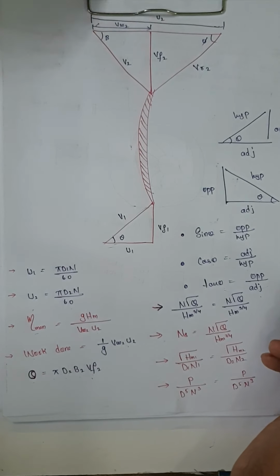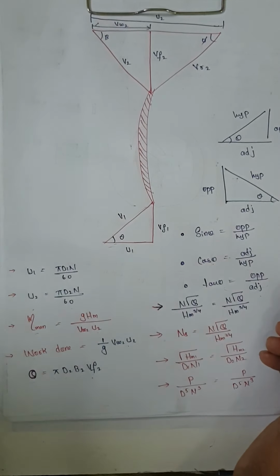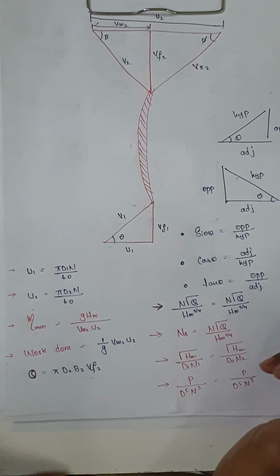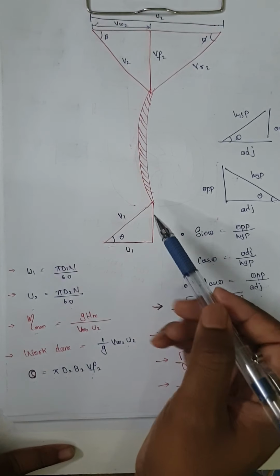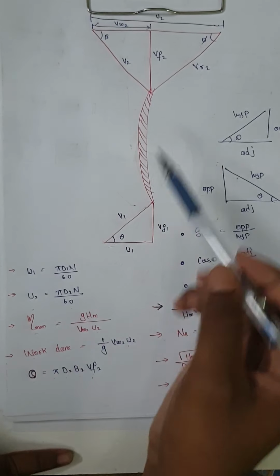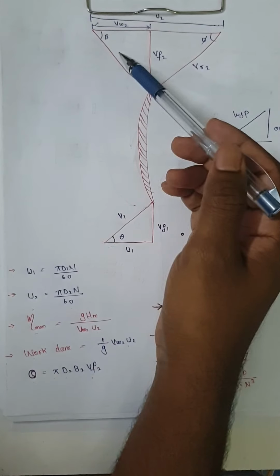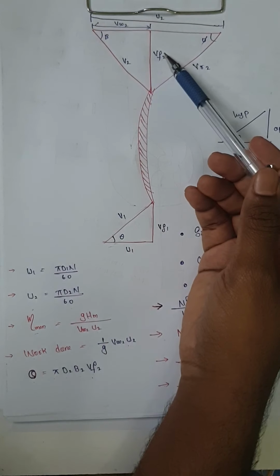Hi friends, we already discussed the centrifugal pump working principle. Now we'll do some problems based upon the centrifugal pump. I already told you, whenever a centrifugal pump is given in your question, first you have to try to draw this diagram. The diagram is somewhat like this. This one is known as the initial part and this one is known as the output. This is the input and this one is the output.